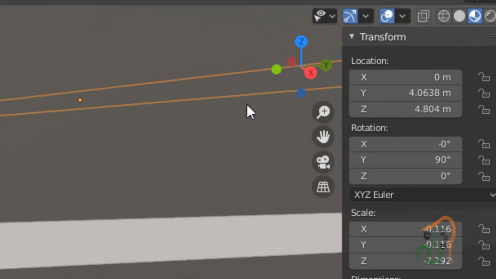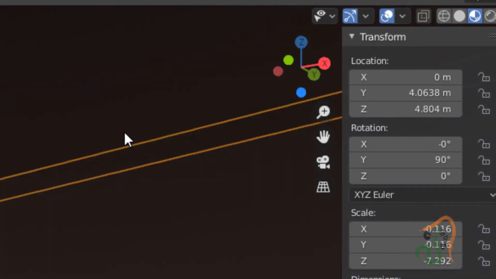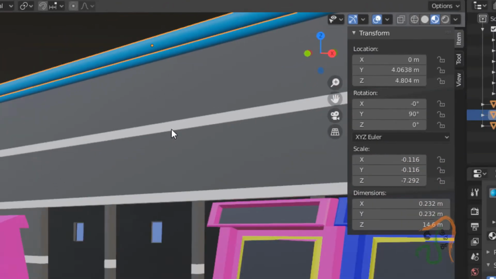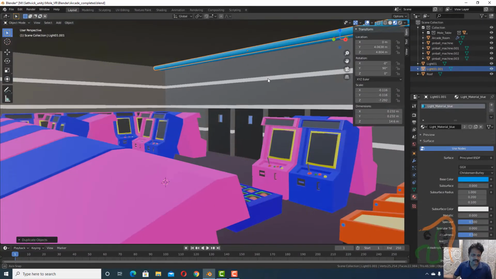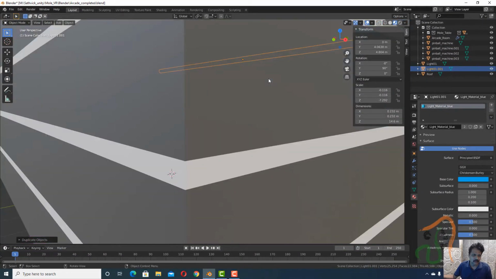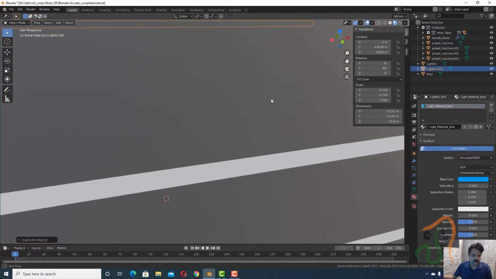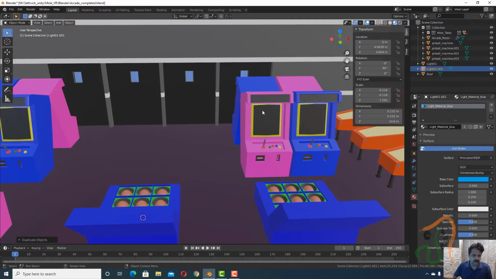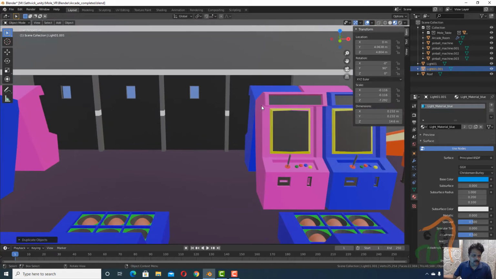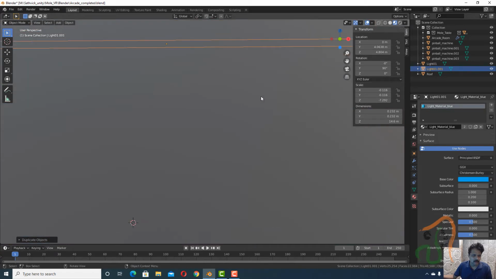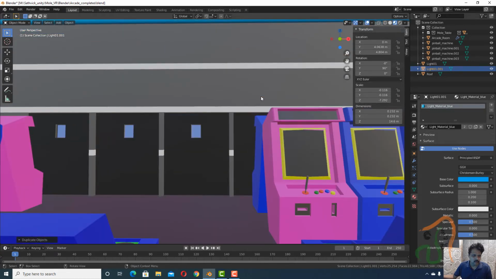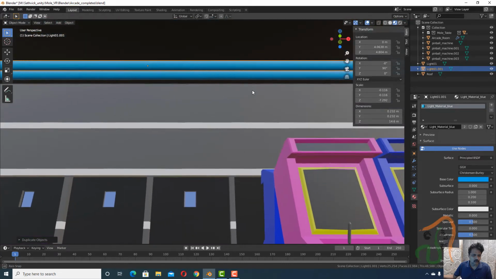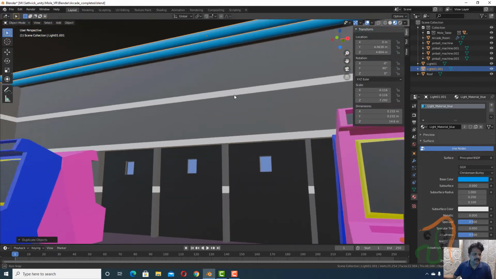If we go inside and see it, we have two horizontal lights like this. Let us move inside, and if we scroll down, we have two lights like this.